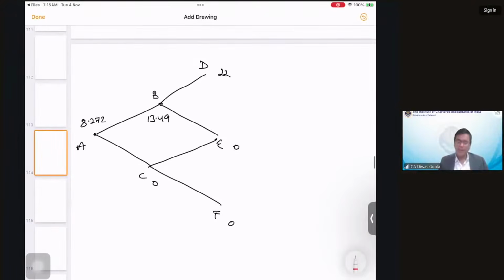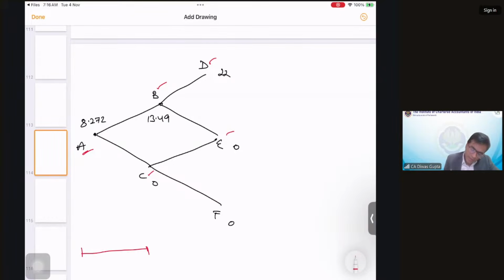One more thing, students. If you see, sometimes the question also asks to draw the binomial tree. So what is the meaning of binomial tree? Binomial tree is basically you're trying to draw into this shape what we have presented on the screen as the different outcomes, right? For example, you're standing on A, so there are two possibilities, B and C. But after that also, again B will have two more possibilities, D and E. For example, up till here,